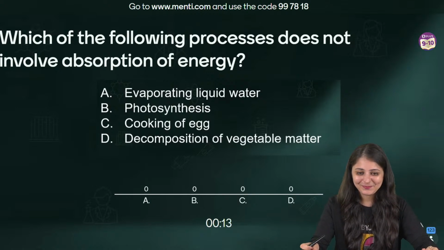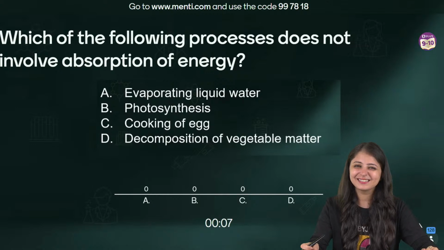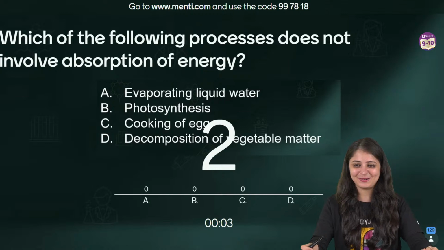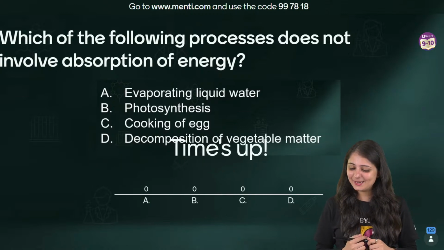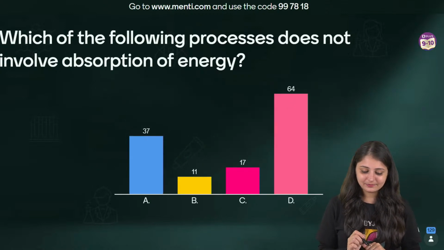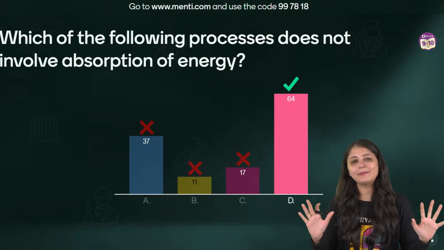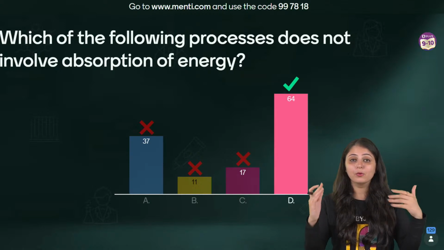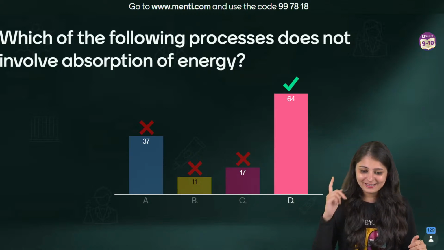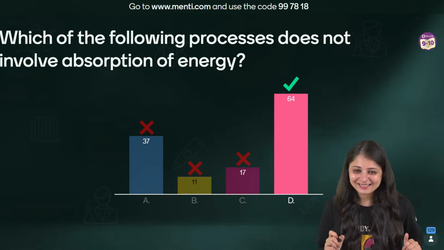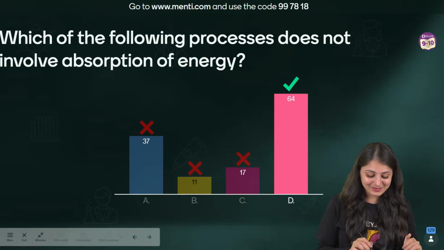Let's think. I can see a mix of answers right now. This might be a little confusing, but it's okay. We'll discuss the solution. You will understand it properly. Fine. Okay, time's up. I knew this was a bit tricky. A or D had the maximum confusion, though most of you could manage to get the answer right. That was option D. Correct, yes. Very easy, you got this one.